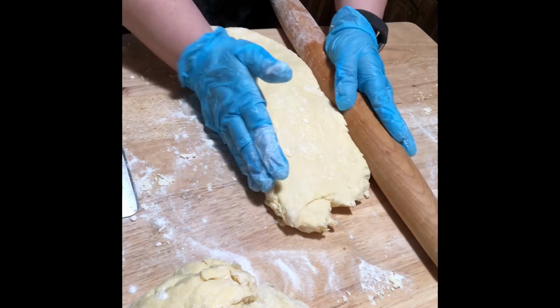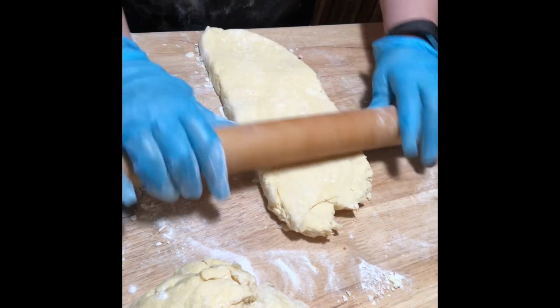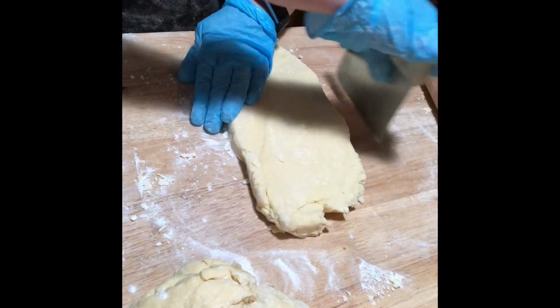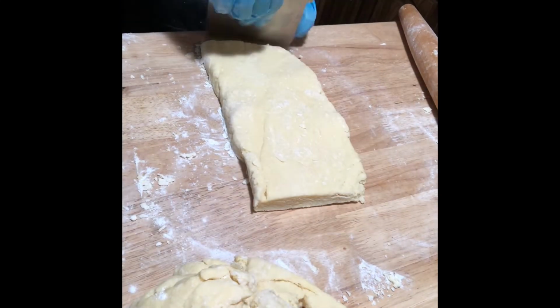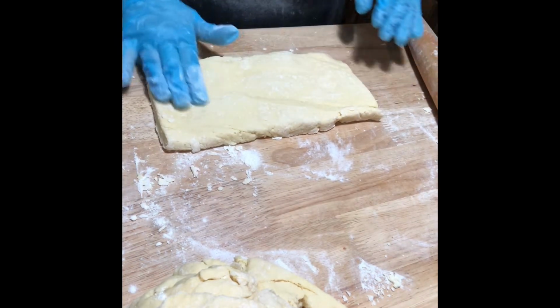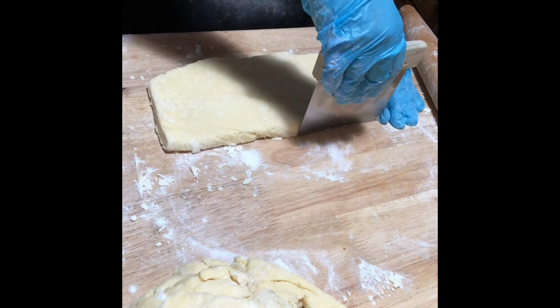About the width of a bench knife is perfect. Flatten it up if you can. Cut off the ends and add it to that other one. Now, if that's the thickness you want, we've got a little bit thinner there, but so we're going to go